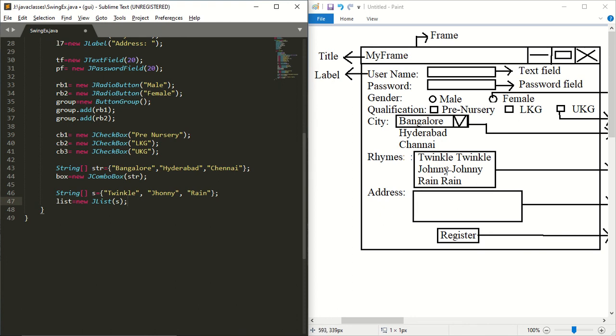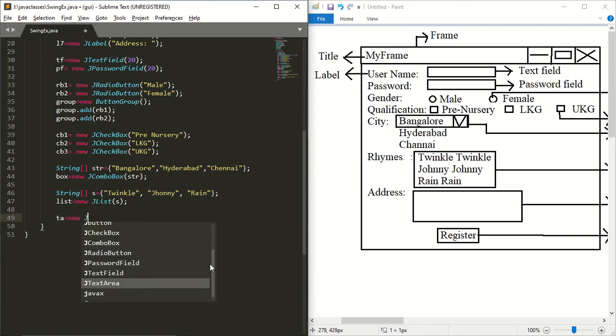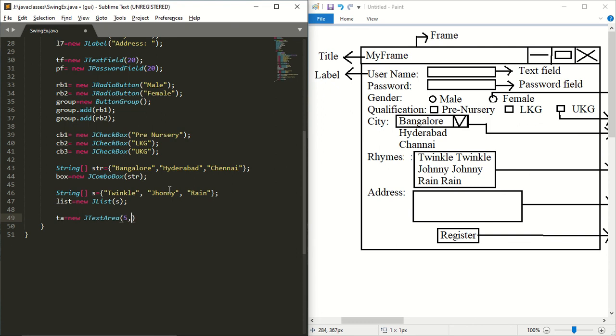So what is the next component? The next component is the text area. So we should create a text area. ta is equal to new JTextArea. For this I should pass rows and columns, so I will pass 5 rows and 20 columns. Okay, the text area is created.